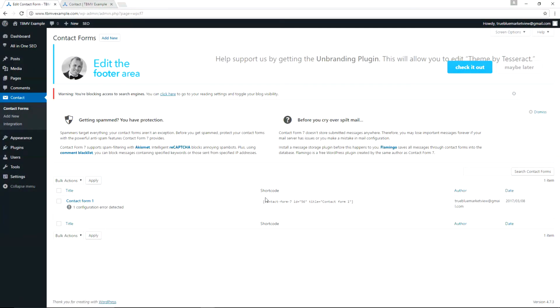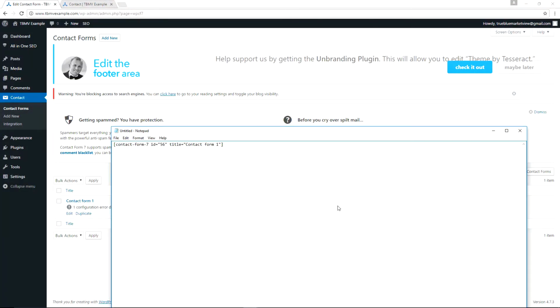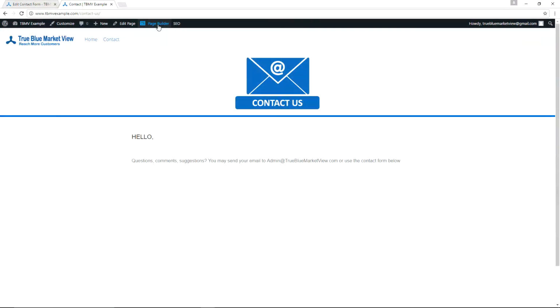The shortcode is also displayed there, and we will copy it. I like to have things in a plain text editor and recopy from there to where it needs to go. That way I know there are no hidden characters. Okay, so now let's go back to our contact page for tbmvexample.com, re-enter the page builder,